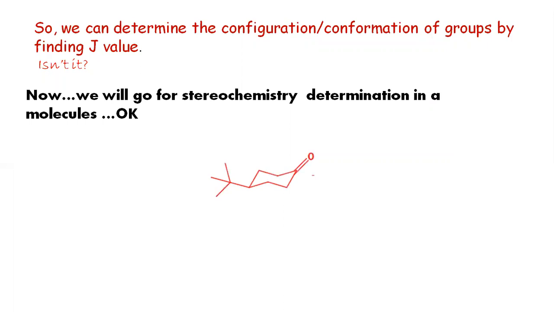This is the six-membered cyclohexane ring which is in chair form, having the carbonyl and one bulky group at the equatorial position. You see, this is the equatorial position. This is equatorial, and this will be axial. This carbon shows axial like this. It's a very stable molecule, and this is the true conformation of this particular molecule.